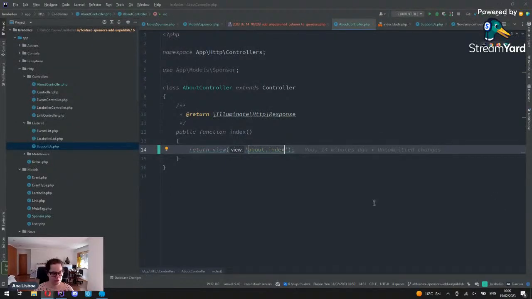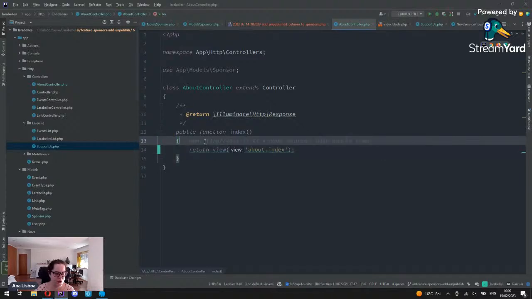Hello. So let's see if we can finish our task today of adding an unpublished or published checkbox to the, I'm missing a word, to the supporters. No, sponsors. God, sponsors for the Larabelles website. So yesterday I just removed a query to get sponsors here on this controller, and it turns out it wasn't